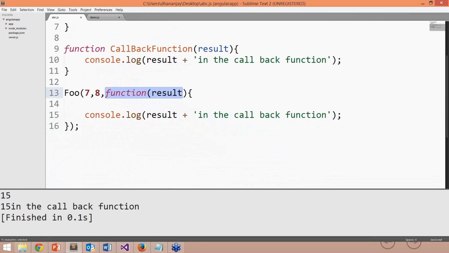The best examples of callback functions are these. If you want to reuse some functions, you want to pass them as a parameter and return them. That is one example. Another example is when you do an AJAX call, so you don't want to block the main function. You have made a call to an external file system or external web service using AJAX, etc. When the result is returned, you want to assign it to some other callback function, print it and do whatever you want to do with it, and proceed with the main function. Okay,